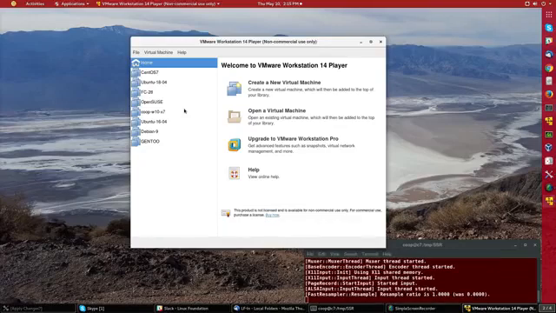Now going to do an install of Ubuntu 18.04 as a virtual machine under the VMware hypervisor using a Red Hat 7 host system running VMware Player. So first thing we need to do is to create a new virtual machine,